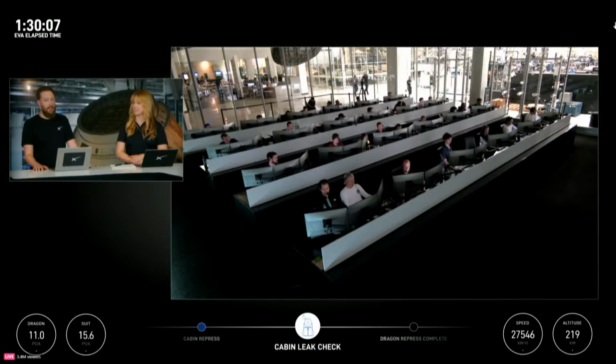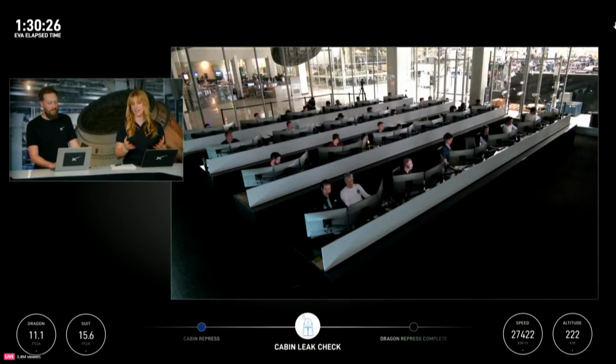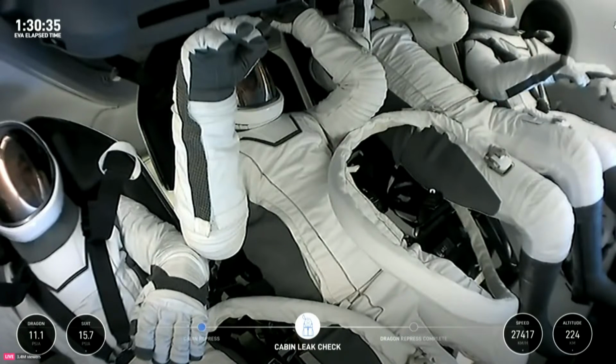Yeah. We also saw the helmet cam getting checked out. That was certainly a highlight for us, to see what Jared was seeing. Even though at that point I think we were in the orbital night, there were many amazing views, and it went by so quickly. Both Jared and